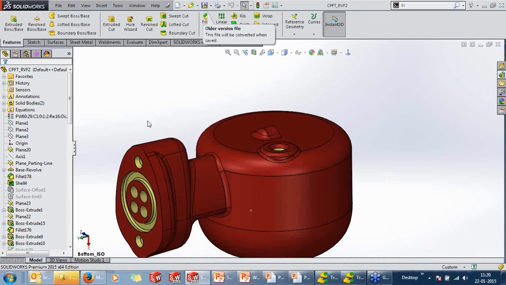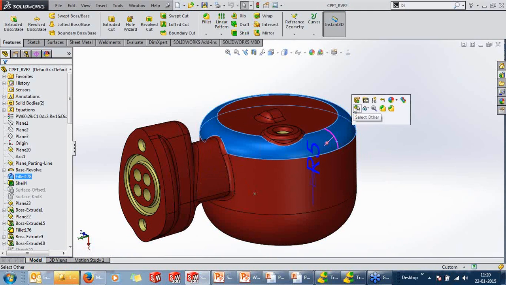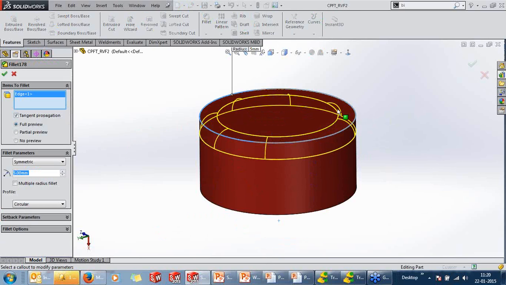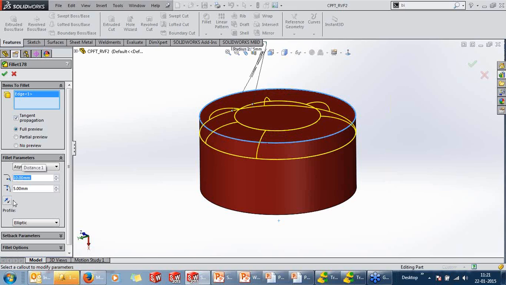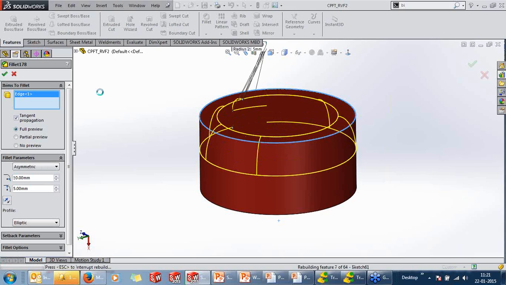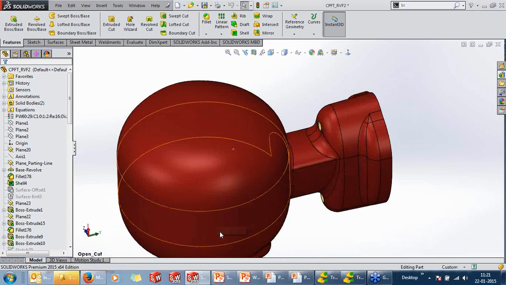Opening the part, you can see if I make some changes with this part, go to edit this feature, now you have asymmetric fillets. I can change the way my fillet has to be from either end and give OK. This looks much better, and you have flexibility on your fillets as well in 2015 now. Moving further, I will isolate this.